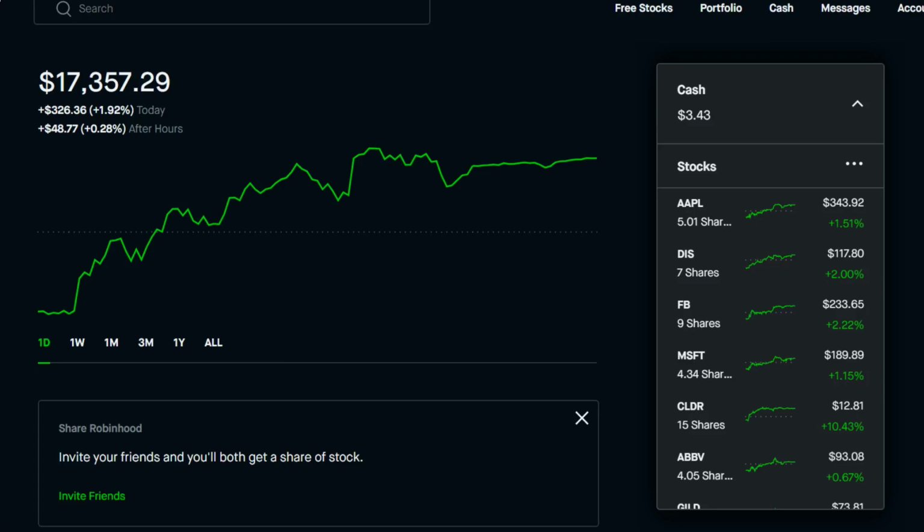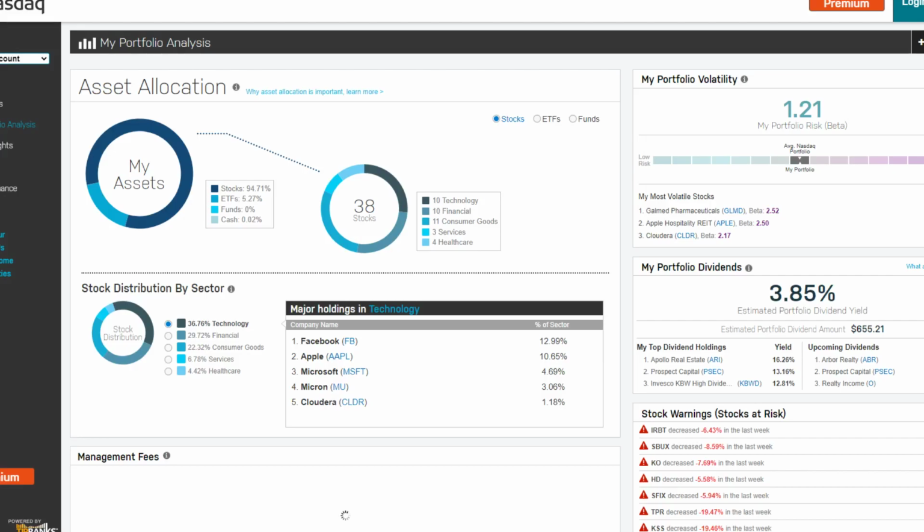Alright, this is my Robinhood portfolio. We're going to do a little bit of a portfolio analysis here. I plan on doing one for the Robinhood portfolio, and likely we'll talk about my M1 portfolio in a separate video, so we'll just start with this. I think a great way to get started is going to be looking over at the